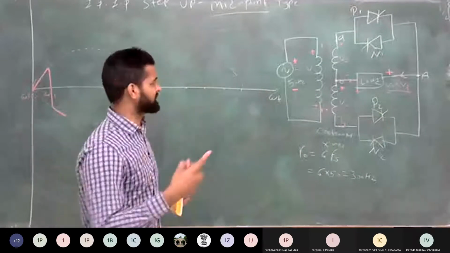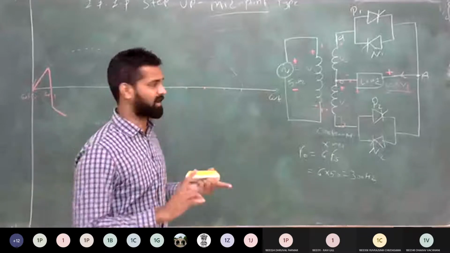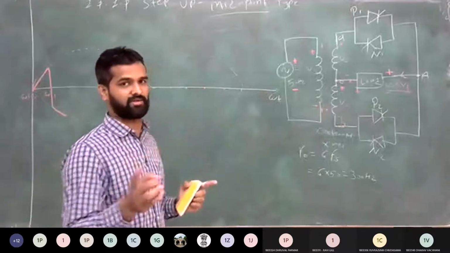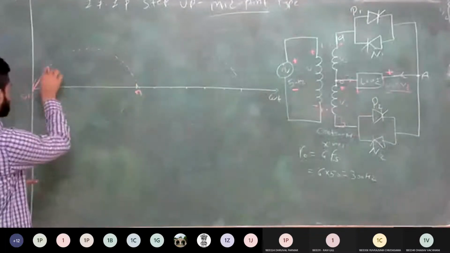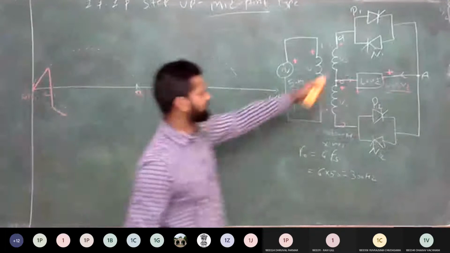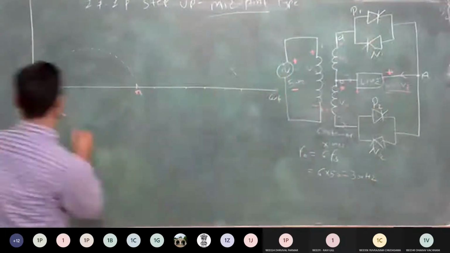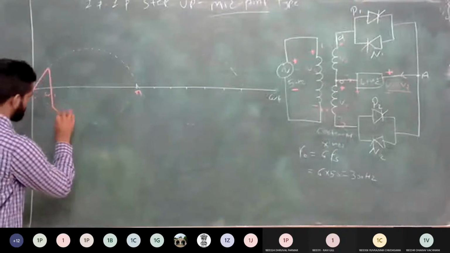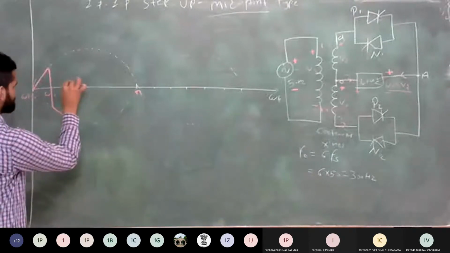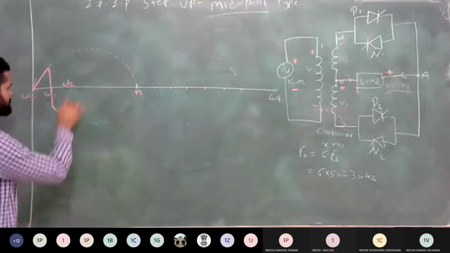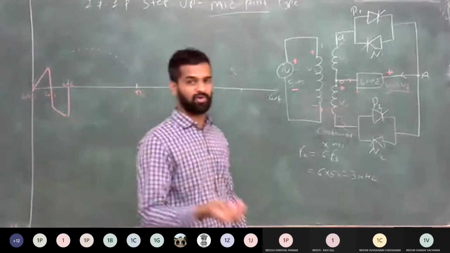Then we will see in the next topic, for the step-down cycloconverter, we do not require this force commutation because natural commutation will happen. Clear? So here at omega t1, we forcefully turn off P1, and then we turn on this N2, so we get the negative voltage up to this angle, which is called omega t2. Now after this omega t2, I require the positive voltage again.